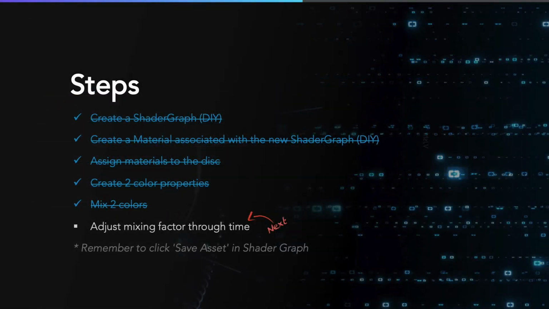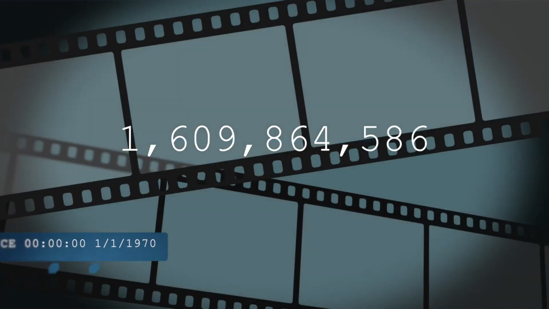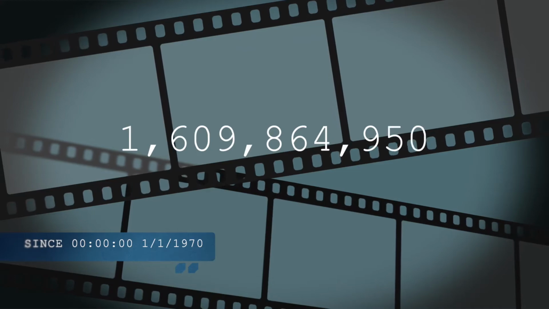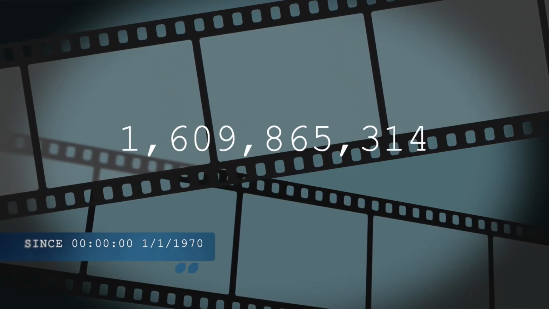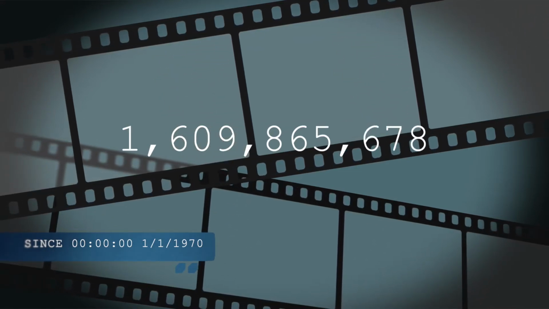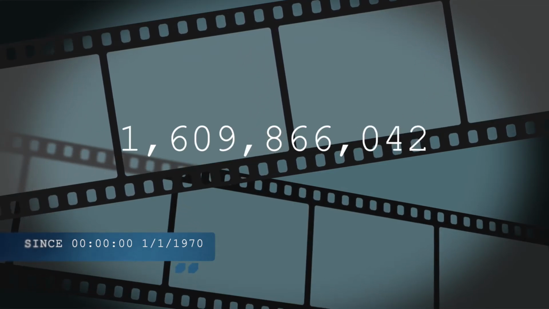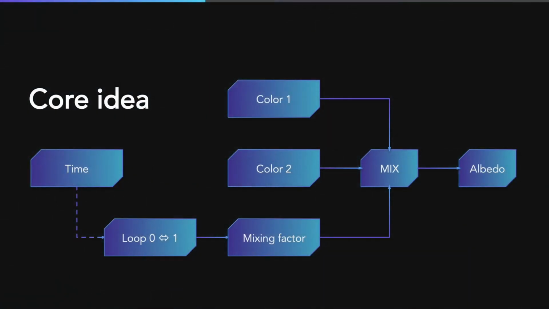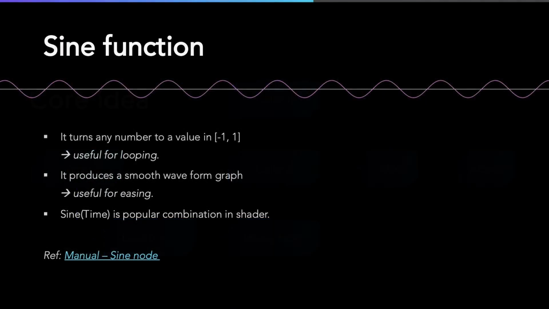And in the next step, we just need to let time control this number. Time is just the number of seconds passed since the first day of 1970. So the range of time values is huge, if not infinite. On the other side, our mixing factor value range is very limited. So, with the intention of converting time into the mixing factor, we must find a function which transforms any number to another number in a fixed range. There are many functions like that, but I will pick the sine function.